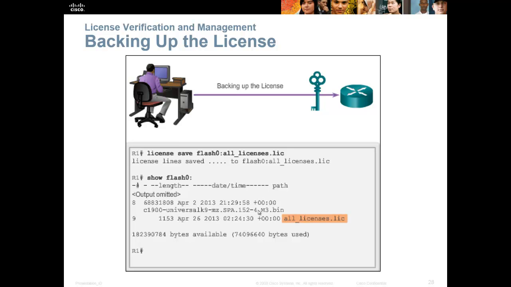For some reason, the word license just looks like it's spelled wrong, and I can't tell, because it's one of those words like calendar I always mess up. But anyway, so license save flash, and then colon all licenses.lic. And then where you're going to save those to. So then show flash, hey, there's my all license lic, and then I can move that file over. So basically what I'm doing here is saving the license files as all license lic, and then I can copy that license lic file to my PC or a flash drive and store it somewhere on a CD,